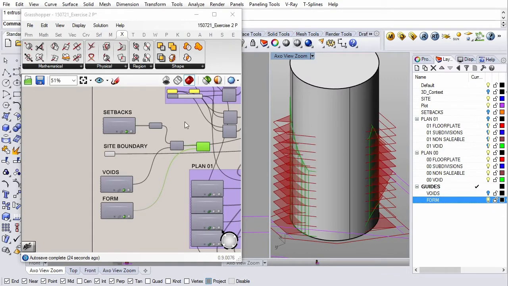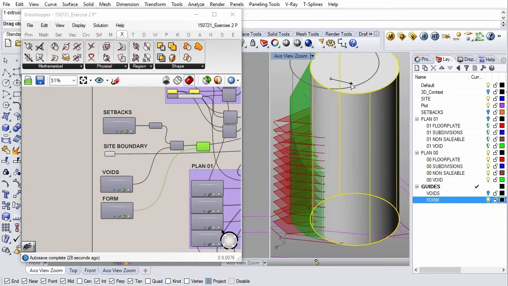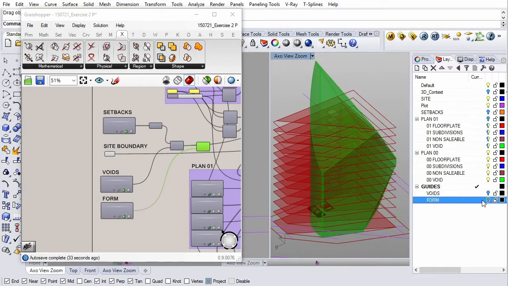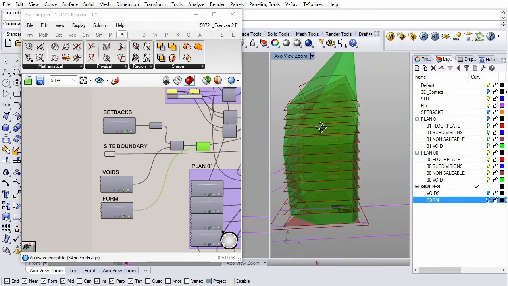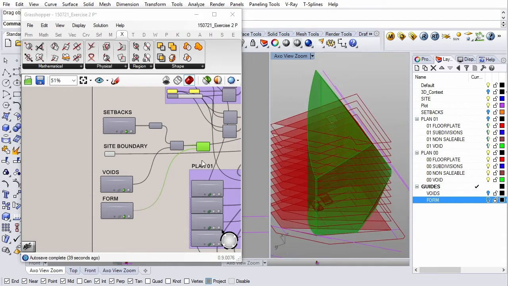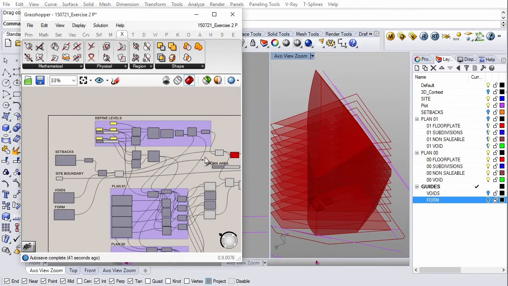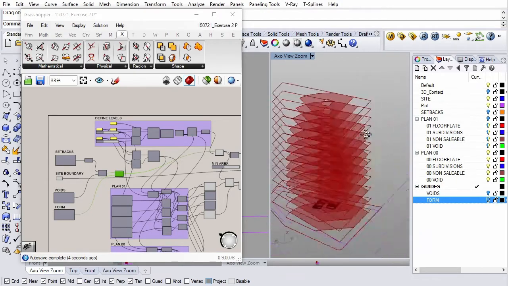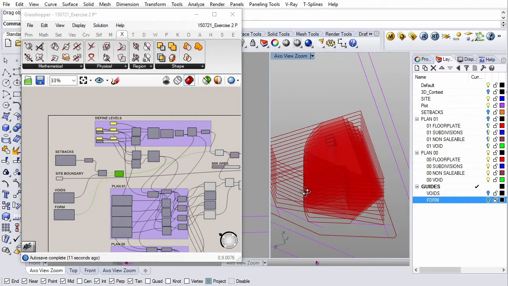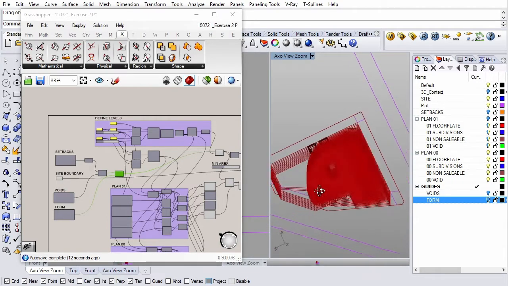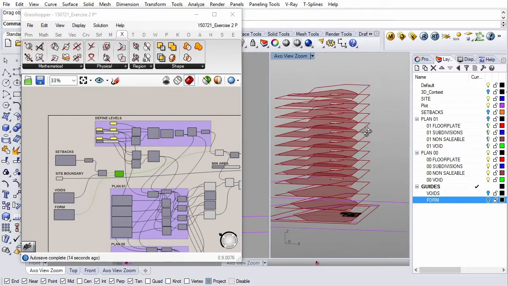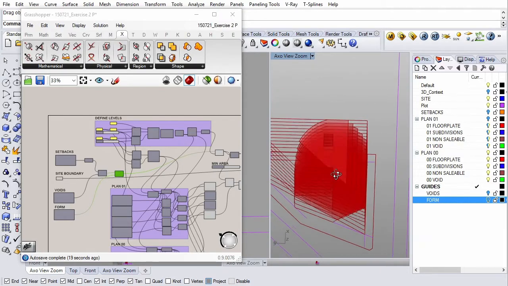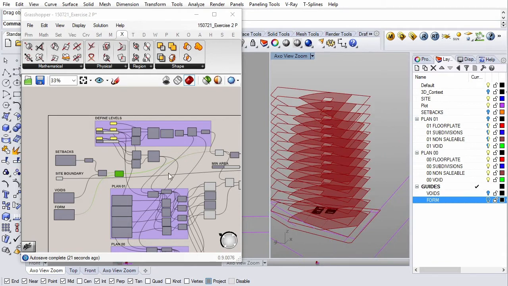And this is all totally parametric. So if I want to move this cylinder, then my form gets changed, and everything else that follows gets changed. So this is a great way to sketch very quickly with 3D shapes as well as shapes in plan, and get useful information from it.